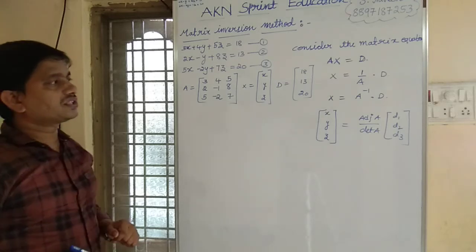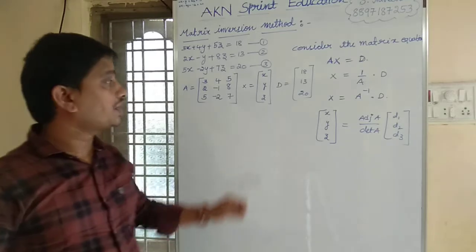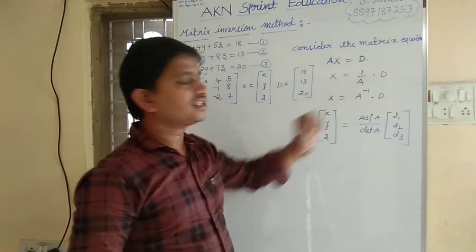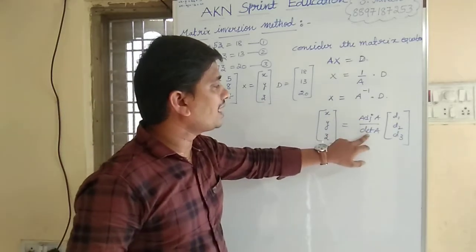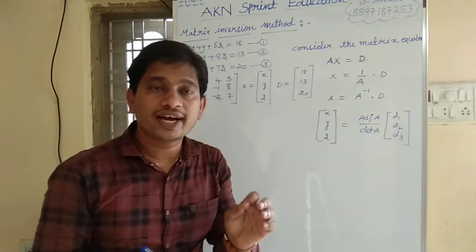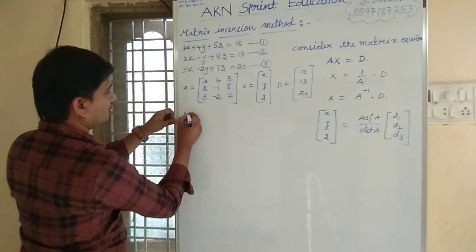Okay, so what do we have to find, children? We have to find the variable matrix X. X is equal to, what is the formula? A inverse into D. So what is the formula of A inverse? Adjoint A by det A. Children, first of all we have to find det A. So let us find det A,